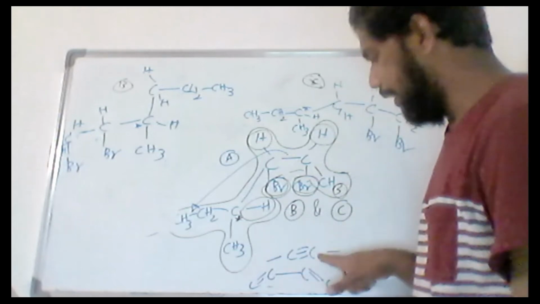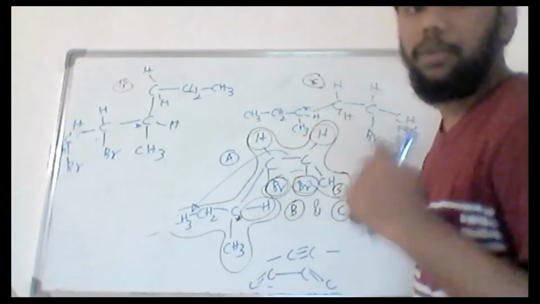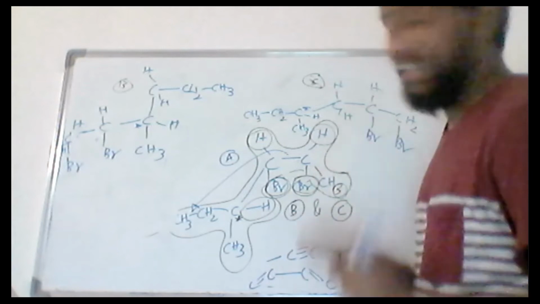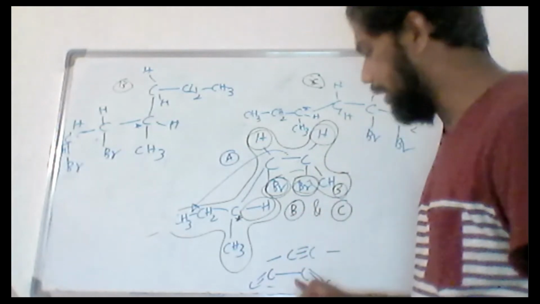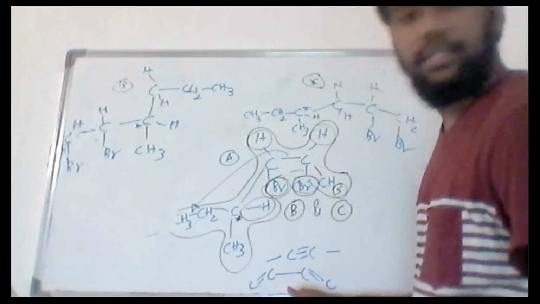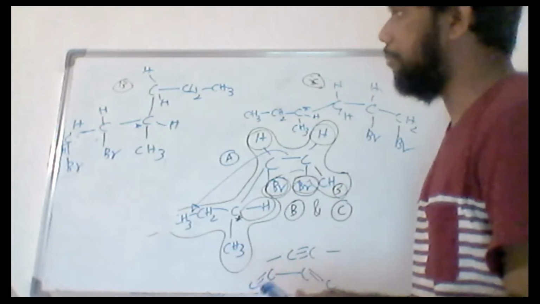Okay, now here this is an alkyne, this is an alkene with two double bonds. Okay, so think about that. Alkene with two double bonds means surely now this compound should show the geometrical isomerism, because when you think about this compound,